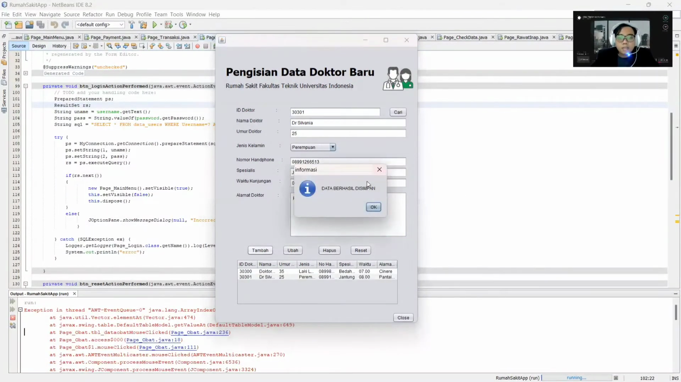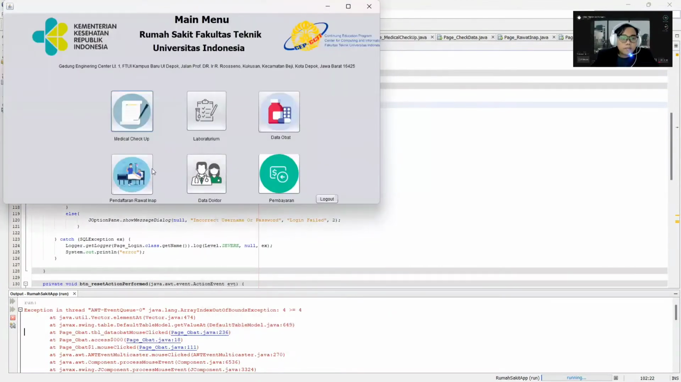Okay, the message is data berhasil disimpan. It means the data is saved in the SQL database. Yeah, and the admin can change and delete the data in this database, like, just clicking the data and it will be shown in this page. We're going to close, and for the laboratorium menu,